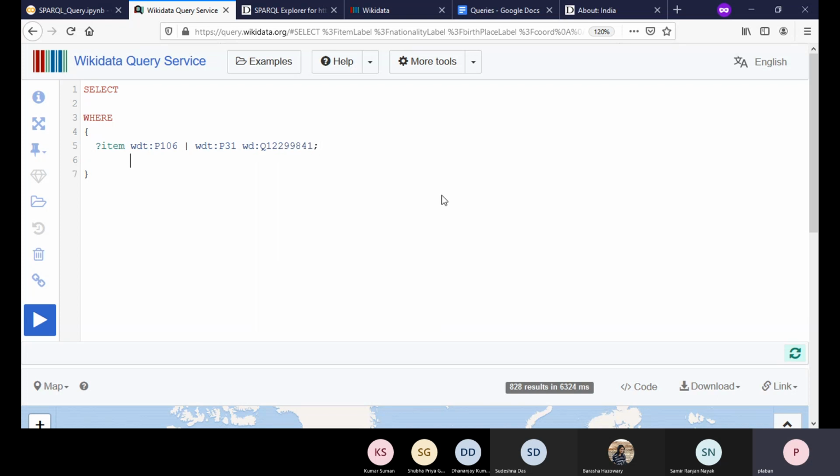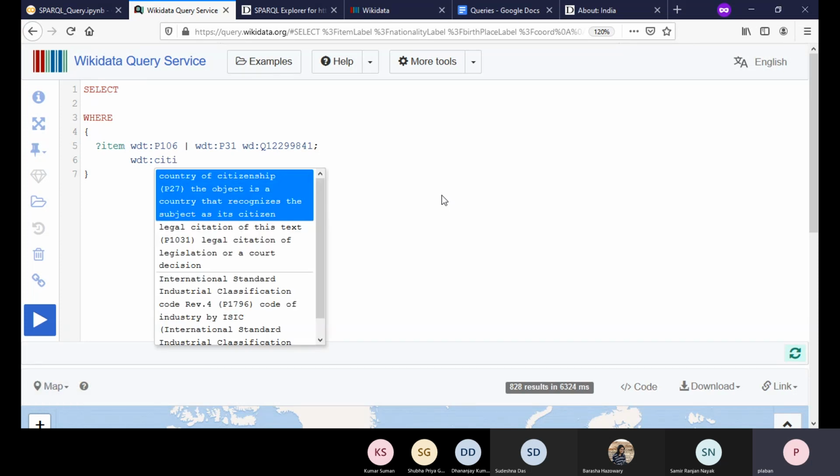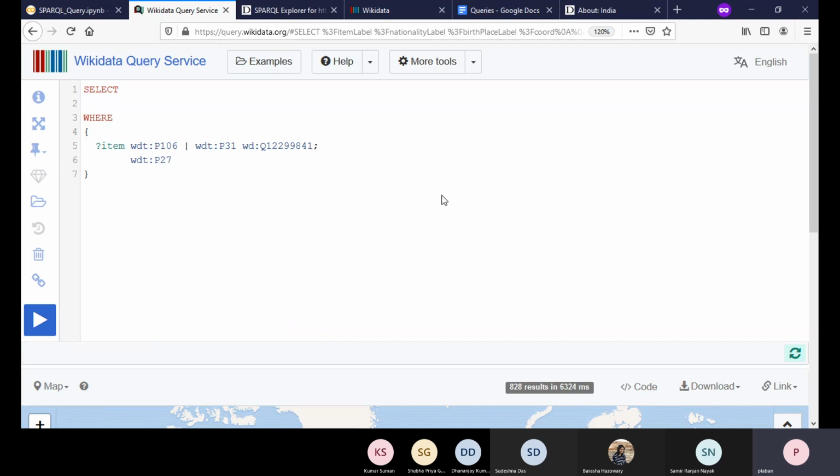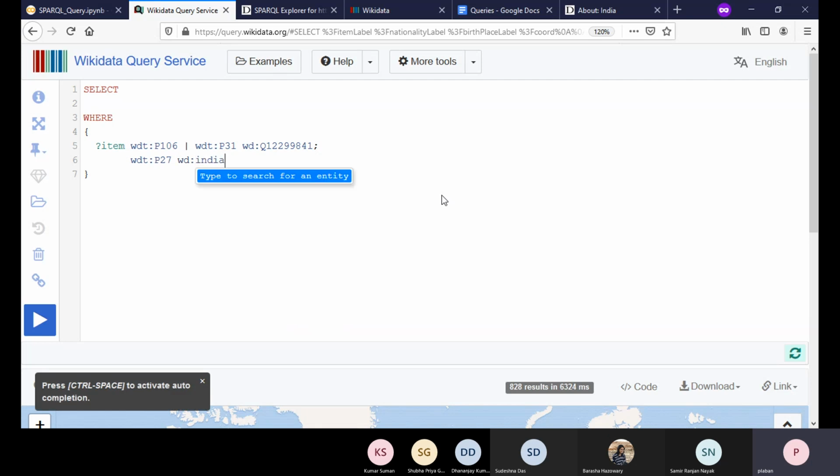So then we want to say that this person has got nationality to be Indian, right? So WDT, say citizenship. Earlier I searched with nationality. Here I'm searching with citizenship. So if we do that, we get P27 and the nationality would be India, right? So India.